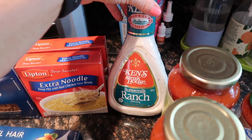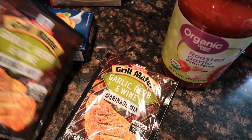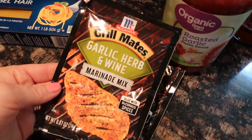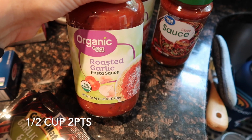We got some Ken's buttermilk ranch dressing. This is our favorite marinade for our grilled chicken, and to grill it up, it's delicious. It is like my absolute favorite. So we have that. We have some pasta